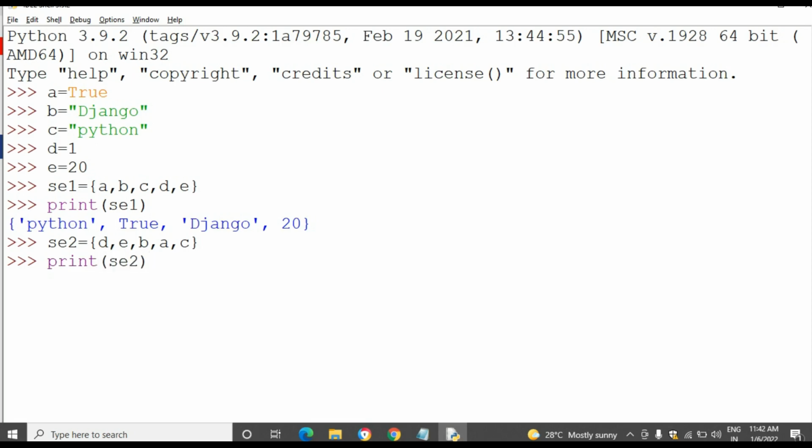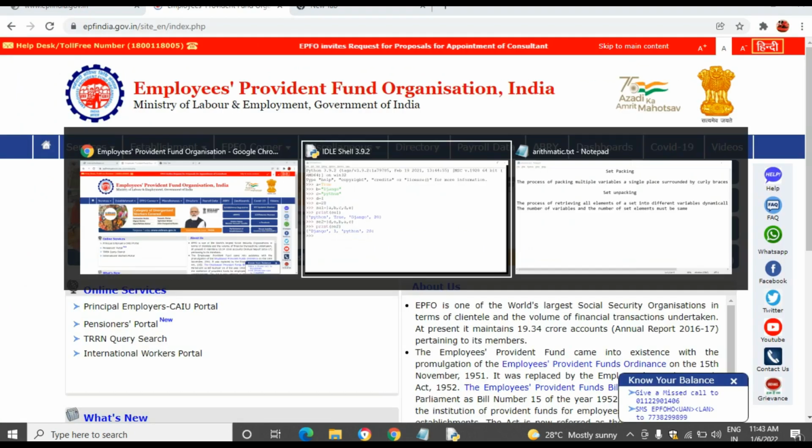Then see, in this case True has not come, only the 1 has come. Okay, so the set does not allow duplicate elements, that's why only 4 elements have come.